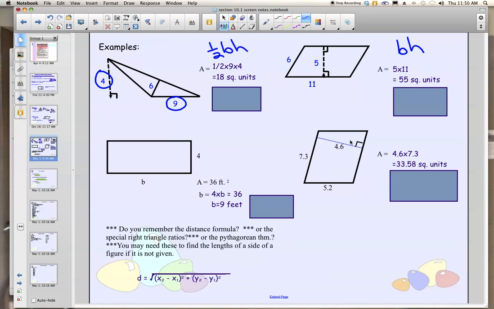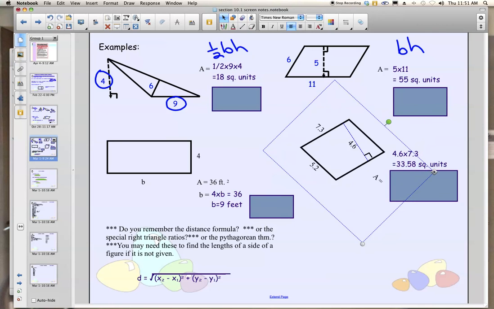In this parallelogram, they try to trick you a little bit. They being me. I give you a base of 5.2. So for a parallelogram, it's just base times height. The problem is that they don't give you the height. They give you the length of the side, but not the height. So you can't use 5.2 as the base. But if you turn it sideways,